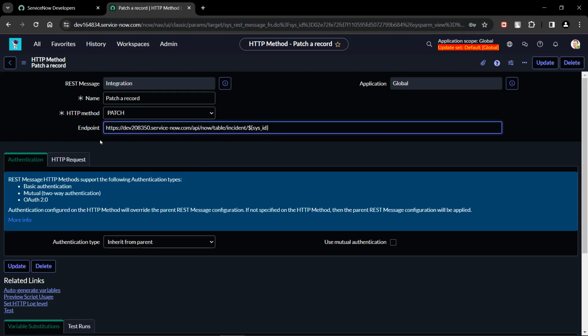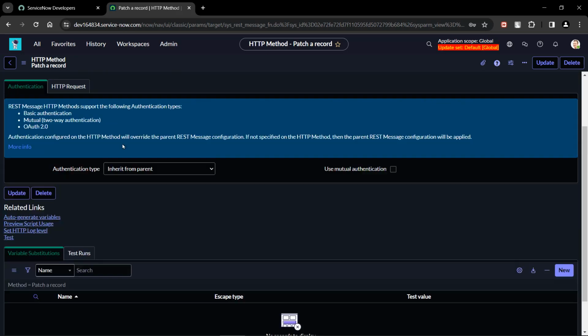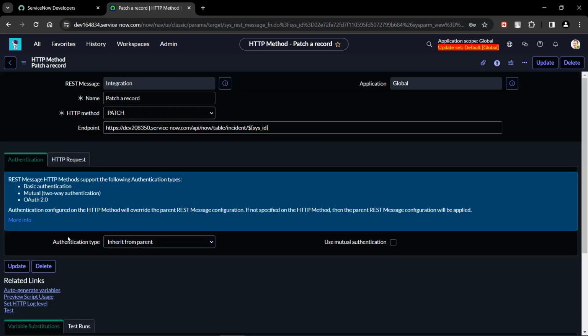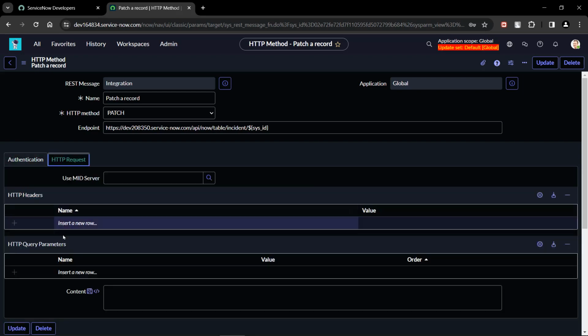Okay, you made your endpoint dynamic. So whenever a record is going to get placed here, that corresponding sysID we need to map here and do a patch. This is the important step you need to note for a patch request. So authorization, authentication type, it's a basic and it is inherited from the parent, so you need not change anything. When it comes to request,